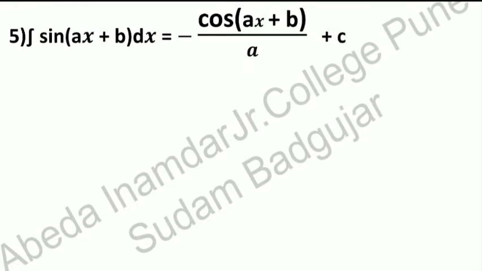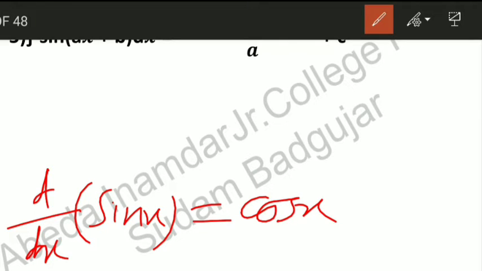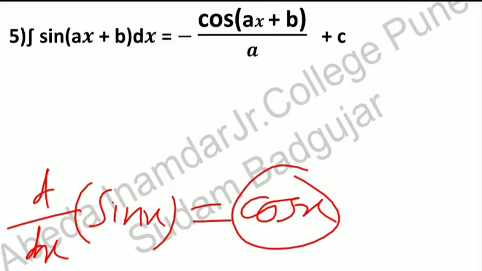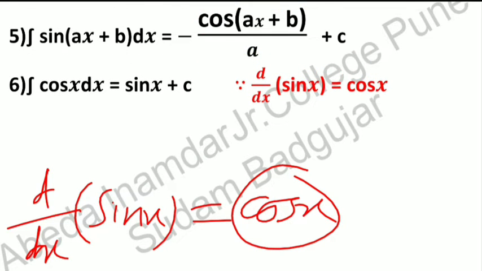Okay, here also the same thing; I will show you the derivative in the next one. See, we have the derivative of sin x. What is the derivative of sin x? It is cos x. So, the integration of cos x becomes sin x plus c. You must write plus c for each one.